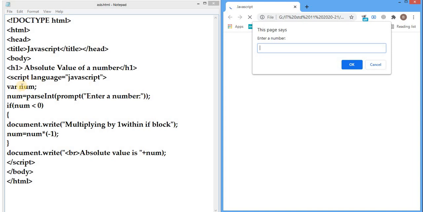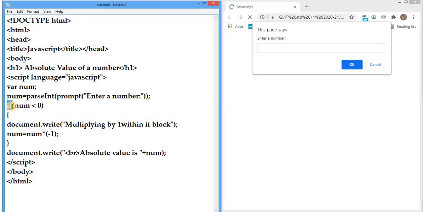Var num. So we have declared a variable by name num. In the next statement, num is equal to parseInt prompt. We are accepting input from the user using a prompt box. Using parseInt, we are converting the value entered to an integer. If. Now here we are using the if decision making statement. Inside the parenthesis, we have a condition. The condition is num less than 0. If the number is less than 0, it means that the number is negative. If the number is negative,